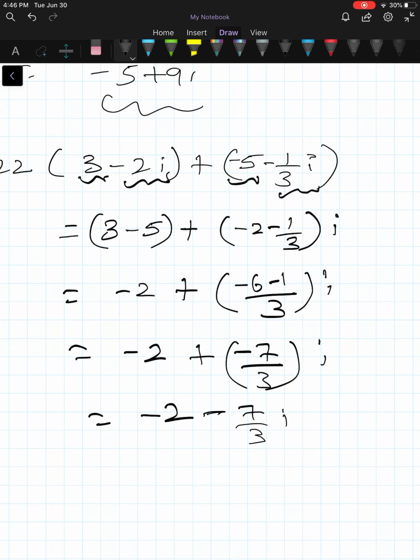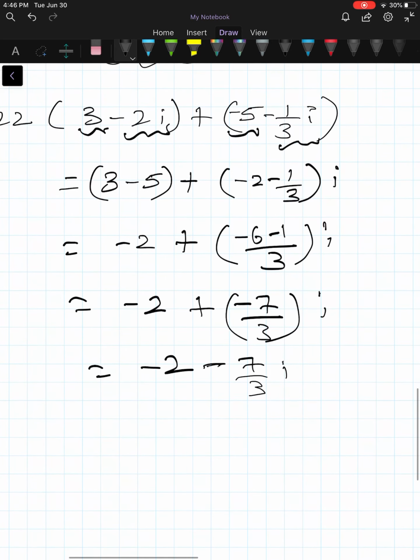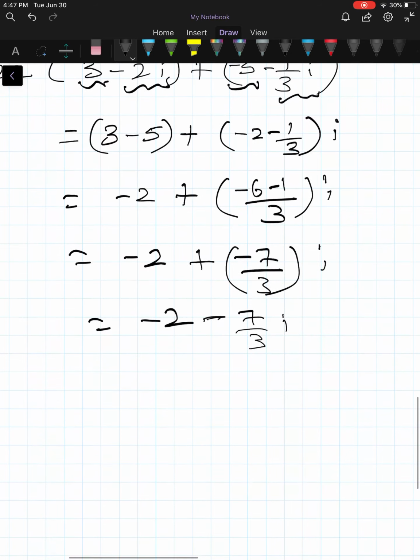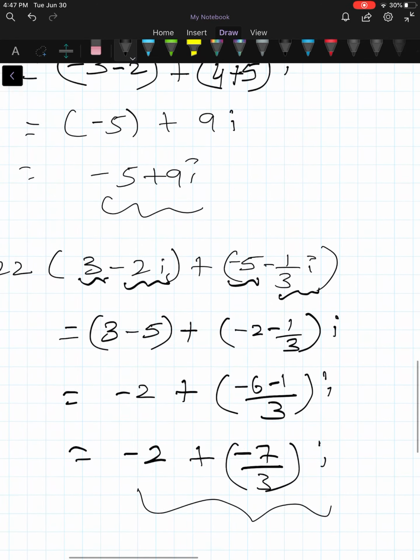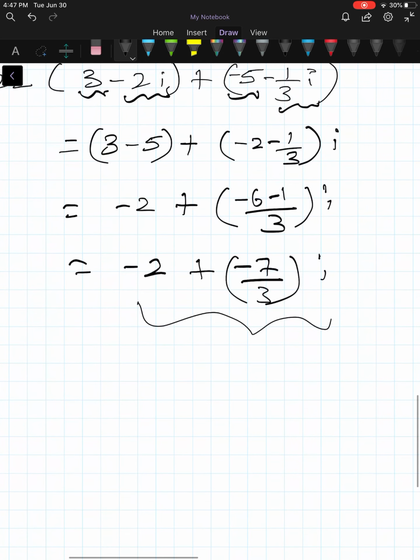Now we will do some problems with respect to multiplication. Evaluate the product and write the result in the form of a plus bi. Okay, a plus bi. So I need not write this like this. I'm sorry. The question was the same even for problem number 22. So here this is of the form a plus bi, so there has to be a plus sign in between.